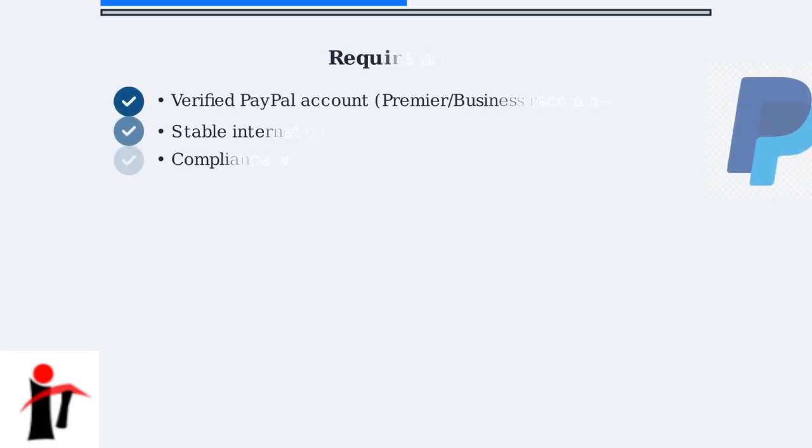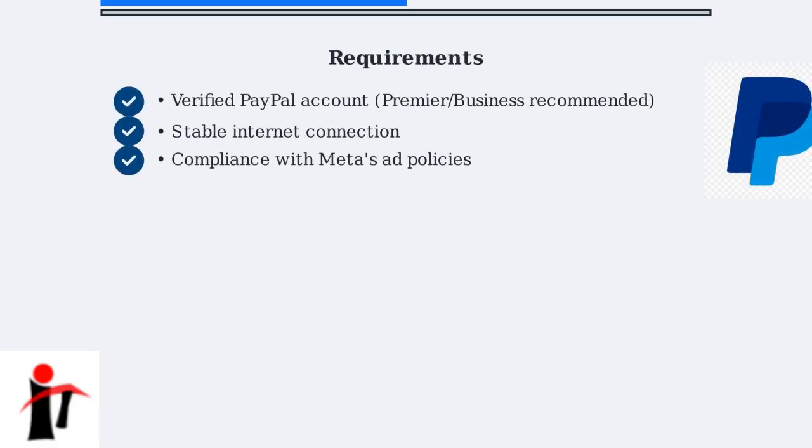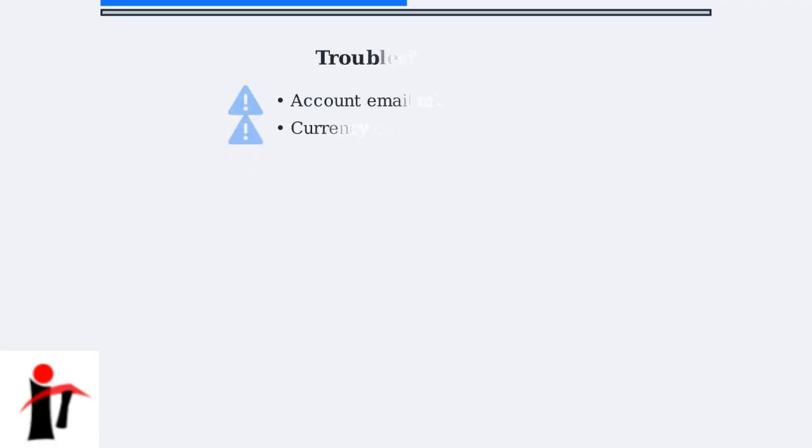You'll need a verified PayPal account to connect with Facebook Ads Manager. Premier or business accounts work best for higher advertising spends. Common troubleshooting issues include account email mismatches between PayPal and Facebook, or currency conversion problems since PayPal automatically converts payments